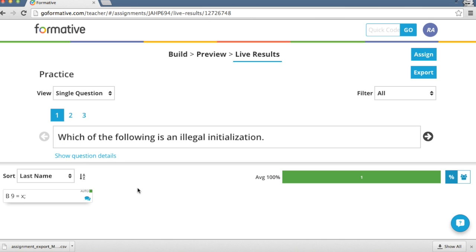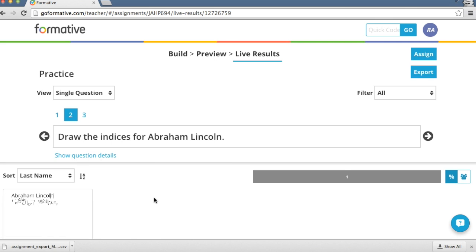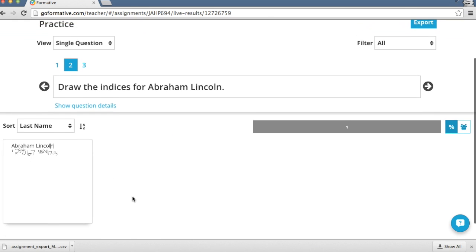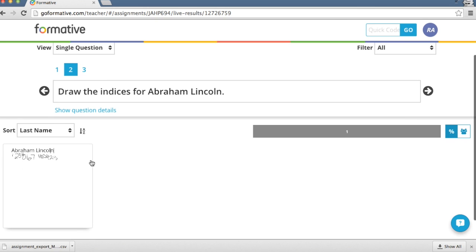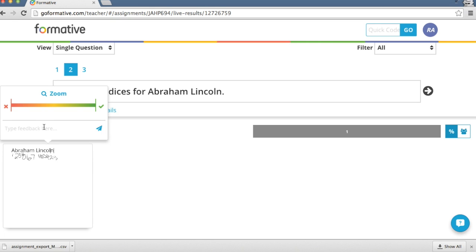Now, I'm going to move on to question number 2. Also notice in this box I gave them a feedback. So there is a feedback icon in the lower right hand corner. Now I'm going to click on question number 2. Remember, this is the one that I said I answered incorrectly. Notice that there is no green box up here, so this one has not been graded yet, and now I'm going to click on that, and I'm going to leave a comment like, remember